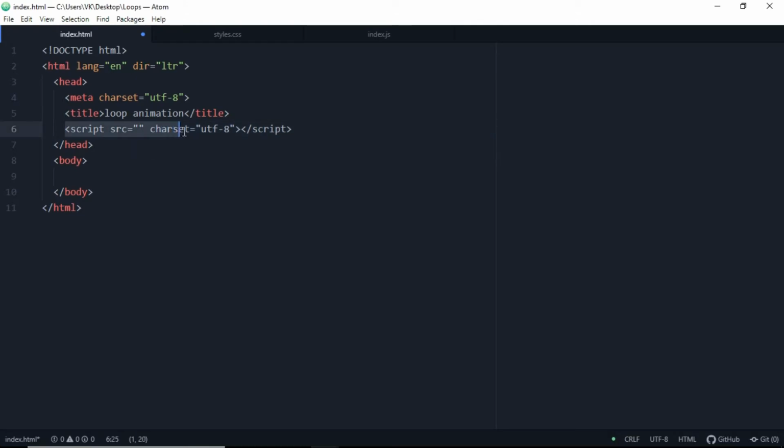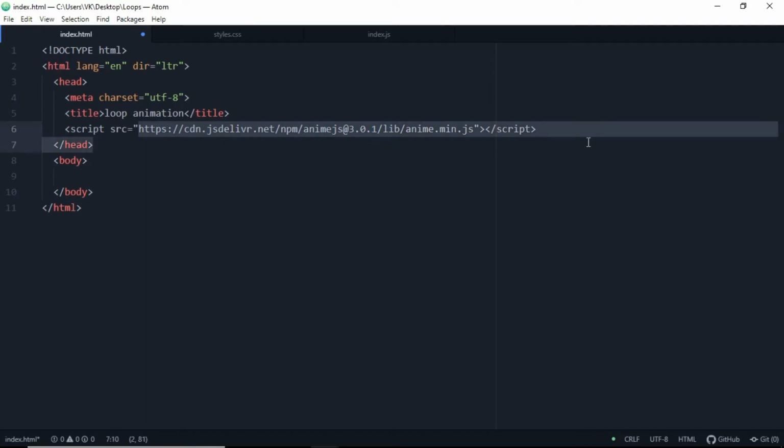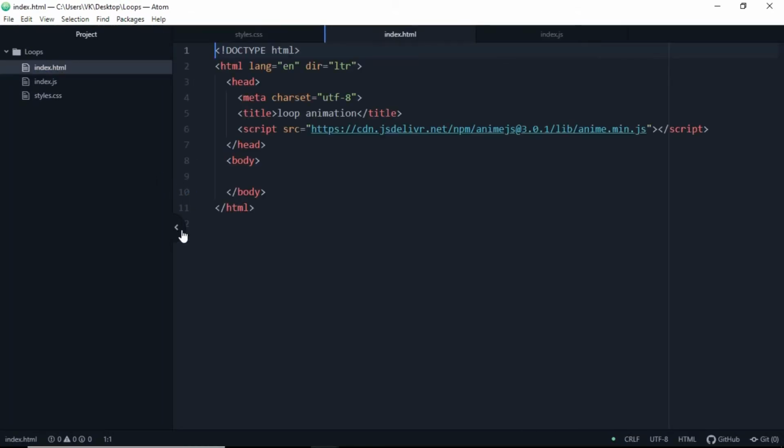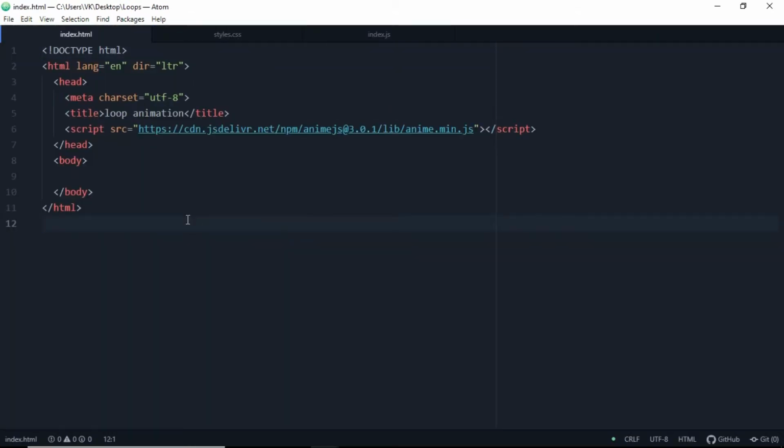And you can get that from Google by typing in CDN anime.js. So we got this CDN here. So let's cancel this and reopen it, so all our files will get loaded. So let's go to our body tag. Okay, let's hit enter and let's first add link here, which is we're gonna link our CSS file first. Make it styles.css.